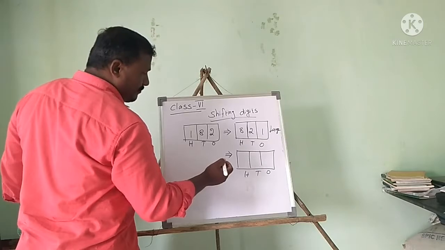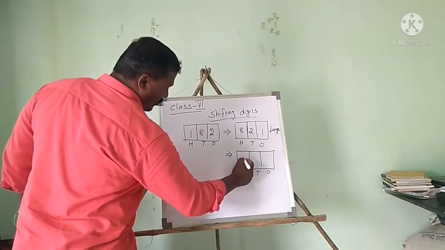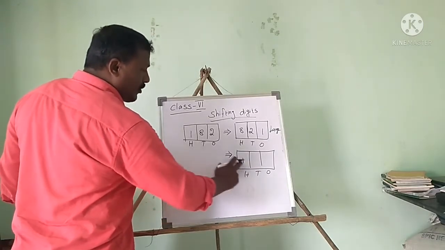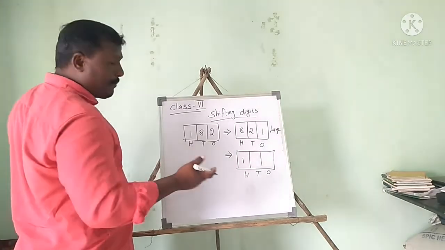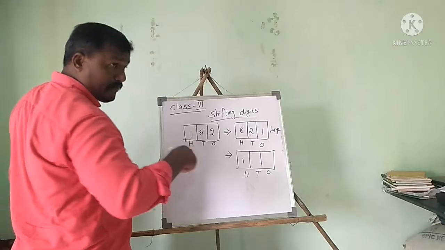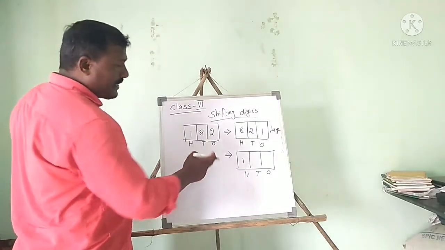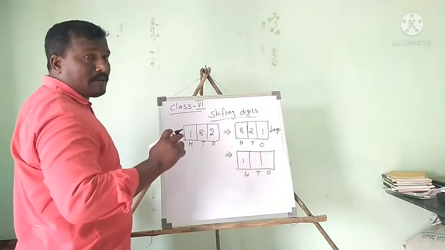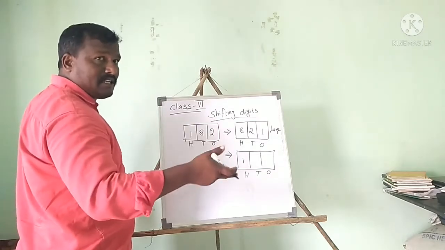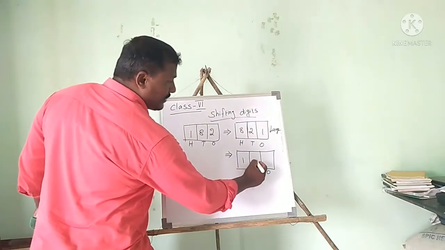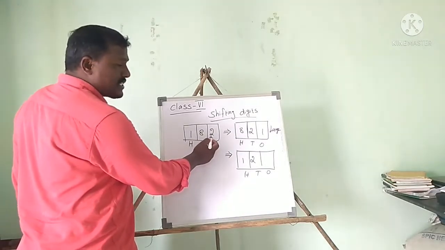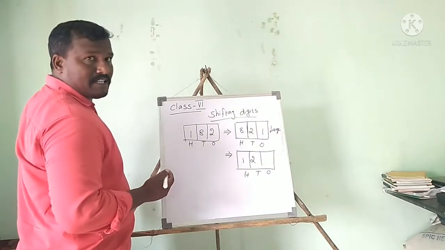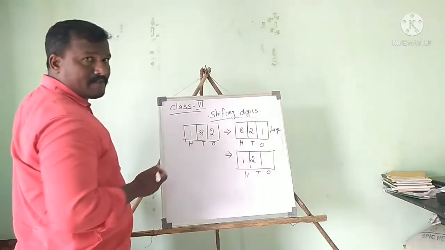So we have to write 1 in the hundreds place, so we put it as it is in the hundreds place. Then another number bigger than 1, 2, is in the ones place. Now what will I do? I am going to shift the place value into the tens place. Before it was in the ones place, but now it's in the tens place because I am shifting the digits.